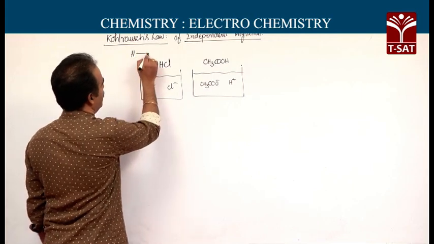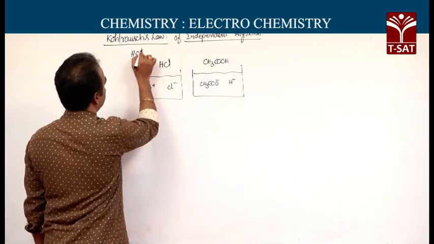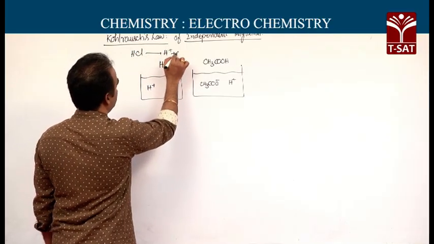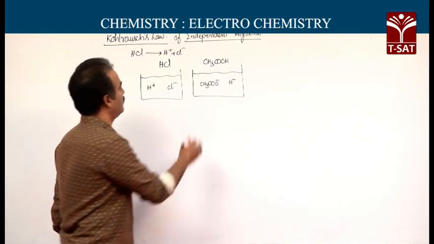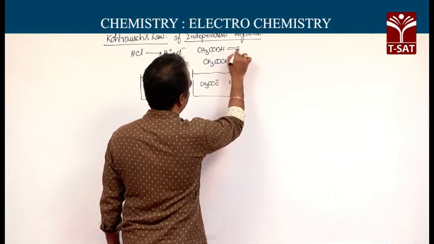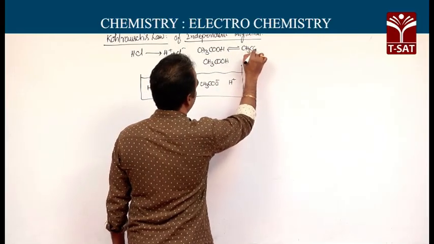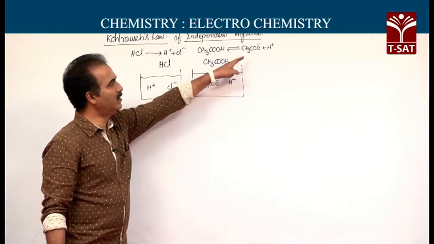It can be represented like this. HCl gives rise to H plus and Cl minus. This is almost irreversible, almost to completion,